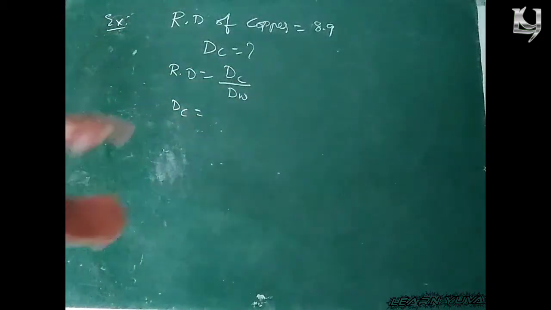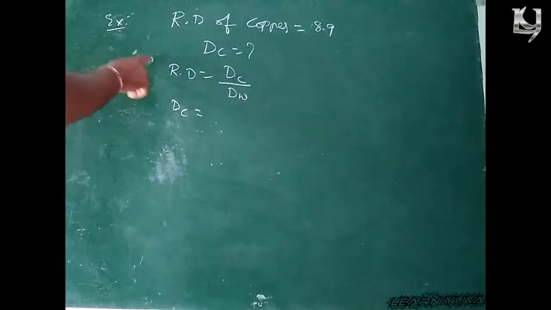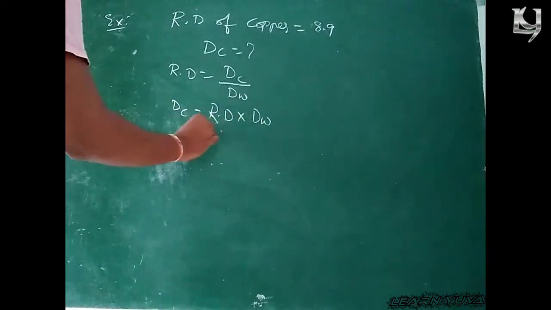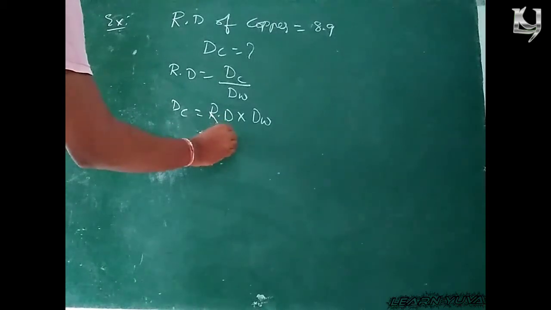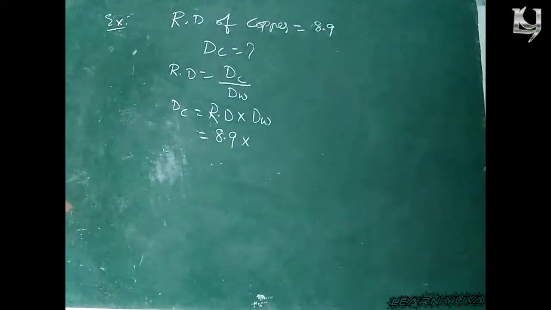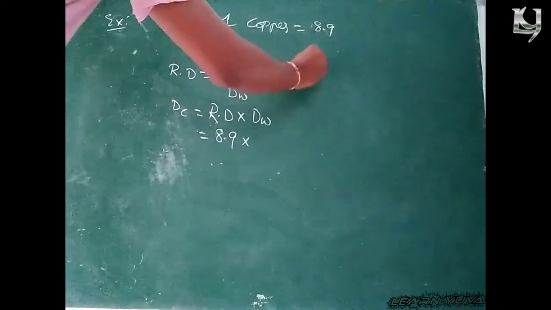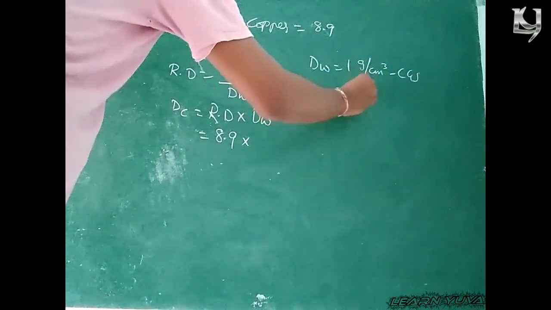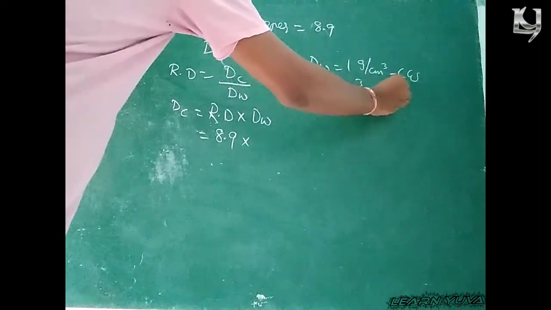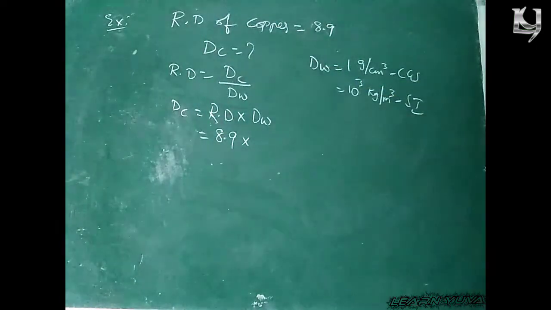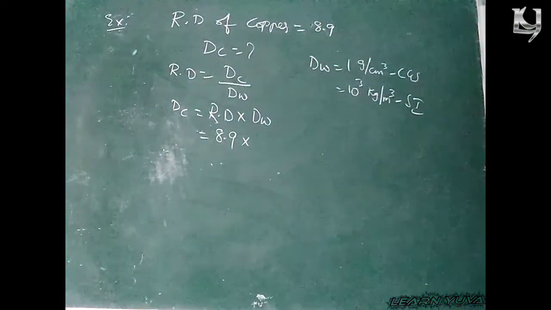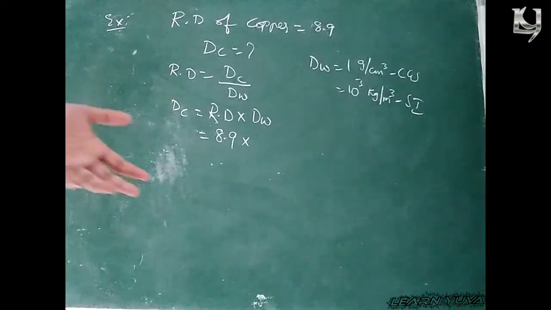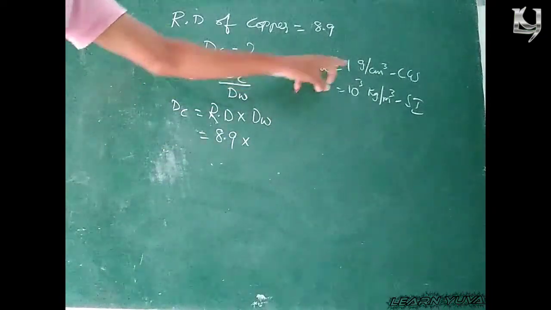So density of copper is equal to, it is in the denominator, so this side gets multiplied with RD. So relative density into density of water. Okay, relative density is 8.9. Then which value should we take, 1 or 1000? Because density of water is 1 gram by centimeter cube in CGS and 10 power 3 kg by meter cube in SI. Which value should we take? That depends upon our wish, and upon the options, if it is multiple choice. So here we should take the density of water whether 1 or 10 power 3.